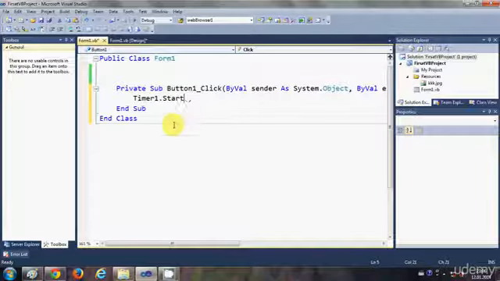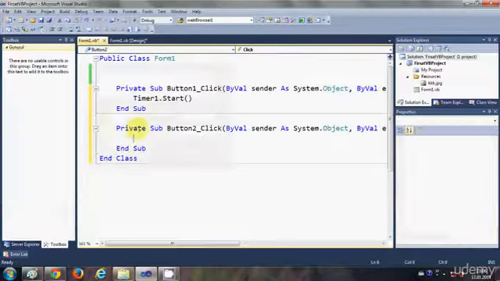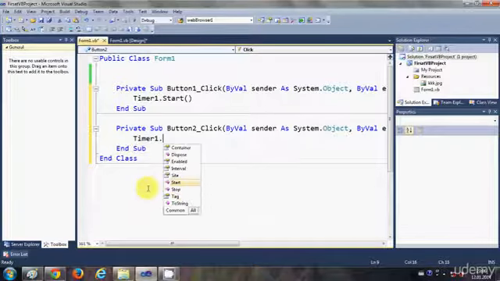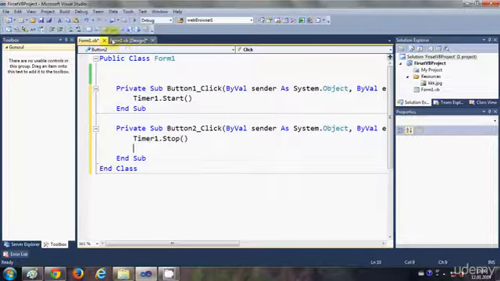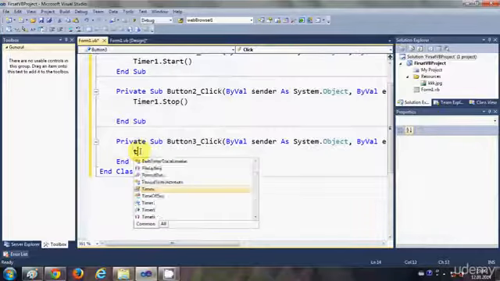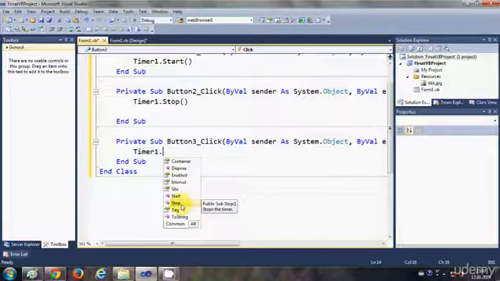Then once again I will go to the form and select the stop button and double click it, and I will write Timer1.Stop. Once again I will go to the form and select the clear button, and here I will write Timer1.Stop,